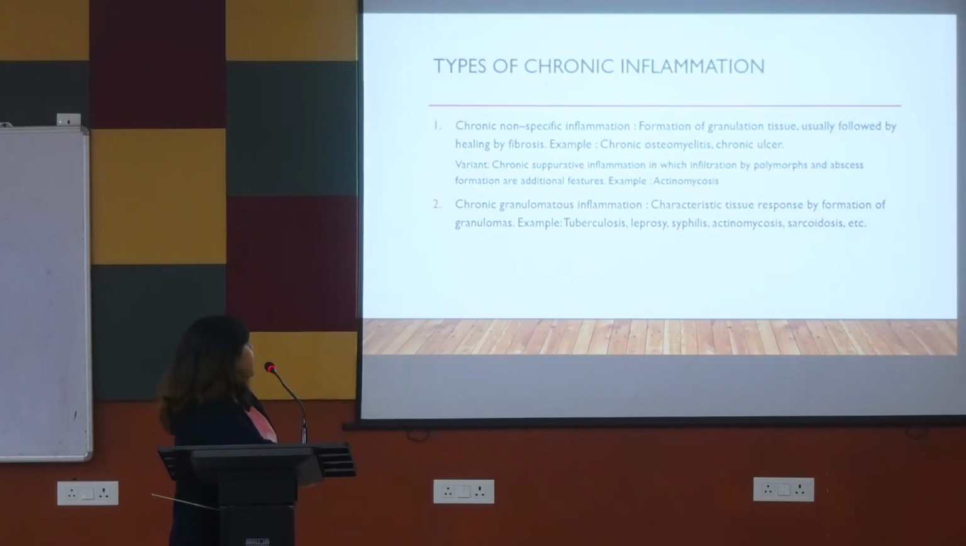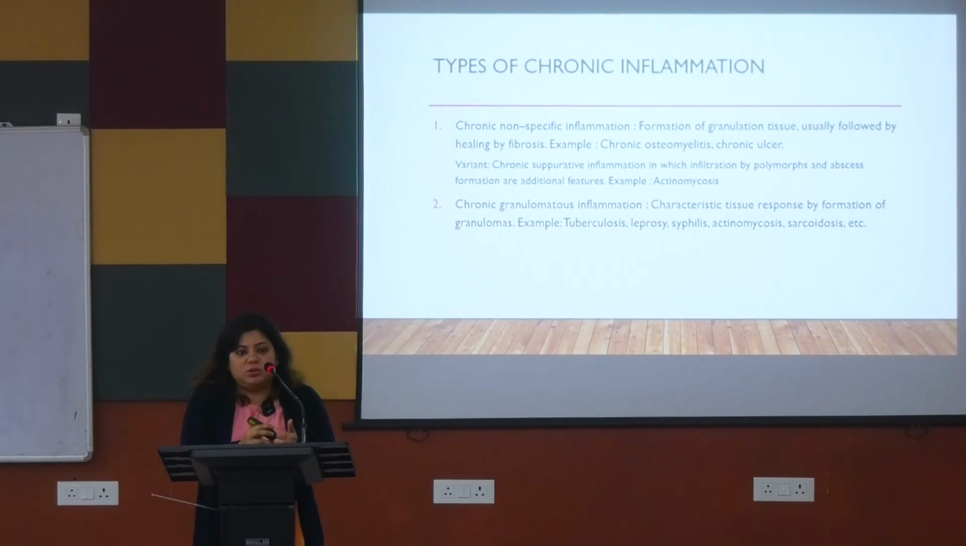Now I've already told you types of chronic inflammation: chronic non-specific inflammation and chronic granulomatous inflammation. Non-specific inflammation means there will be granulation tissue formation, right? And what is granulomatous inflammation? There will be granuloma formation. What is the difference between granulation tissue and granuloma? Oh, what does the word relate to? Tumor, right? So granuloma is